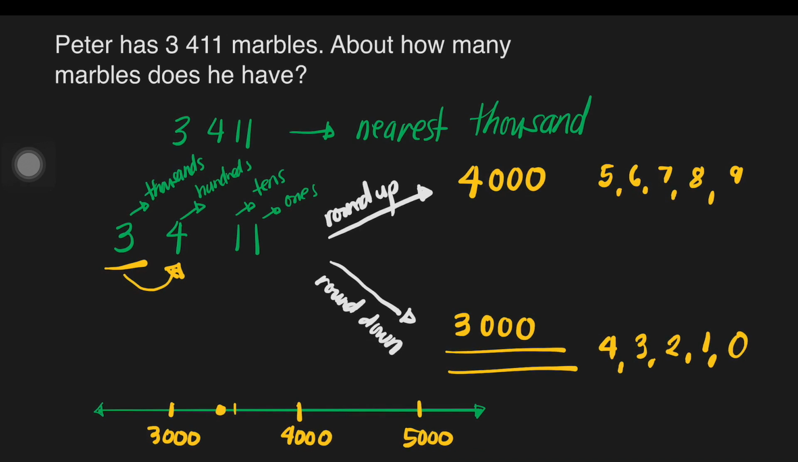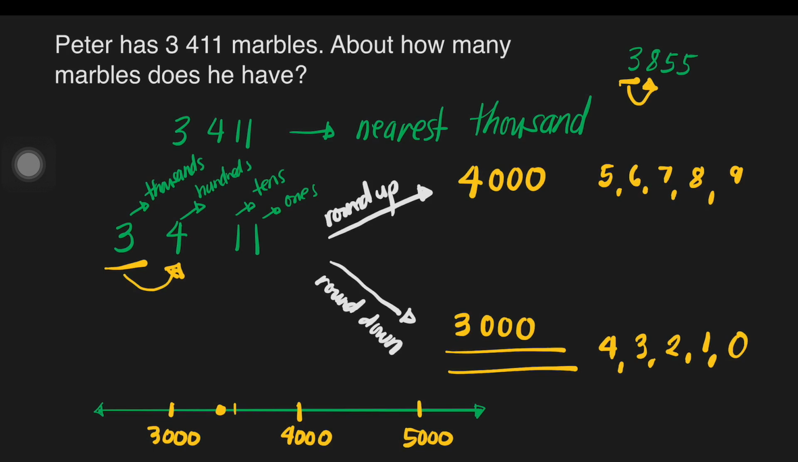For example, Peter has 3,855 marbles. About how many marbles does he have? So in this problem, we have to identify the digit in the rounding place, and that is 3. What is the digit at the right of the 3? That is 8. If the digit at the right of the rounding place is 5, 6, 7, 8, or 9,